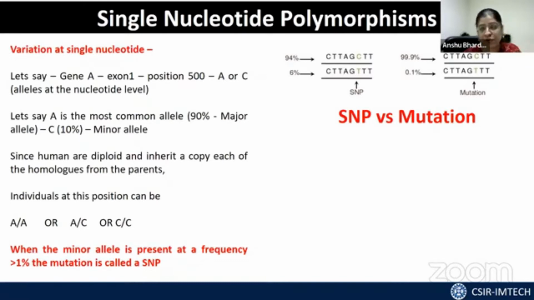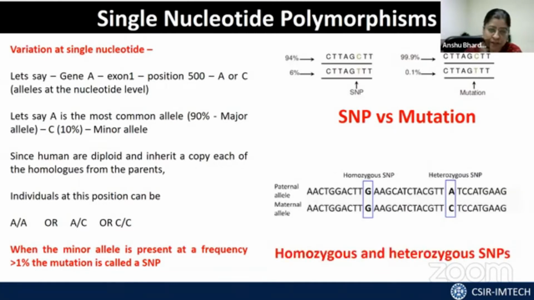In the other case, if you see a similar situation, but the percentage of the minor allele is not even 1%, then you start calling it a mutation. Now, this you need to understand is heavily context dependent. The reason being that if you are looking at rare variation, then this definition will change. And that is, one has to now look at single nucleotide polymorphism definition or genomic variation in context of what you are trying to look for. And obviously, when you are looking for rare variants, you need to sequence a very, very large number of individuals.